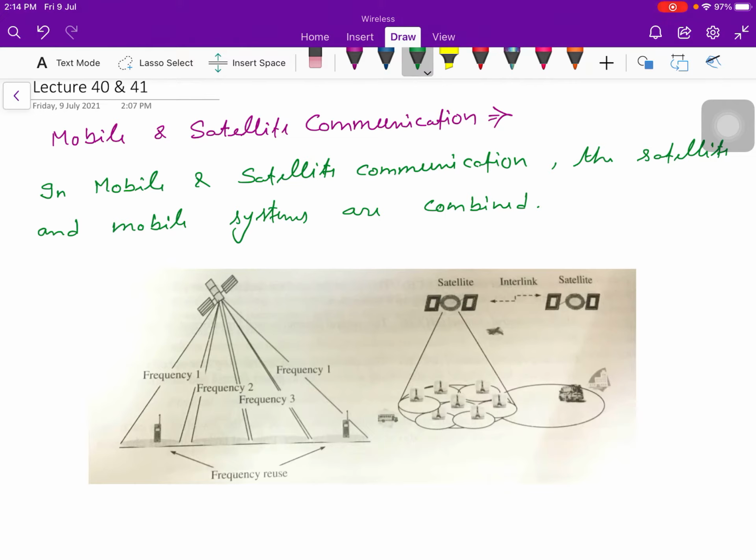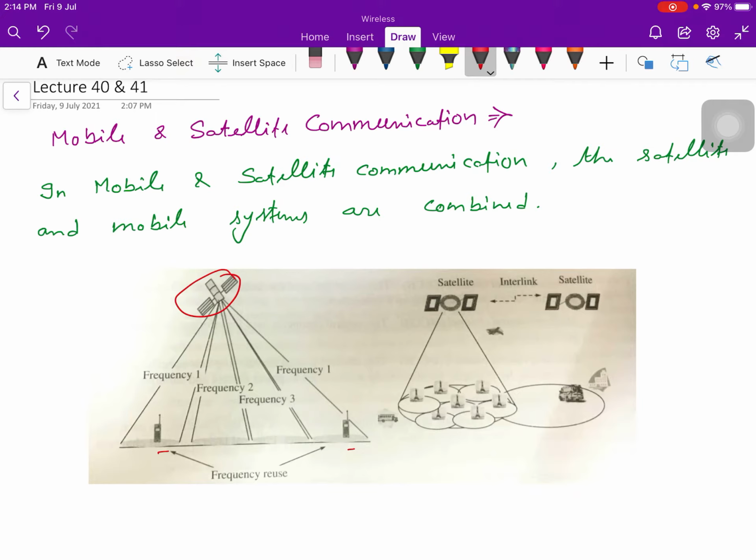If I talk about mobile satellite communication, you can see over here that the mobile and satellite systems are combined. In this figure you can see a satellite and different users who are using the same frequency or different frequencies.